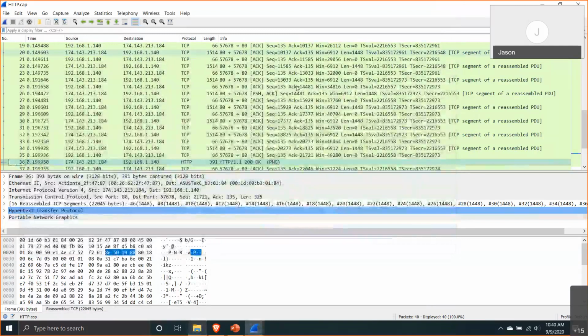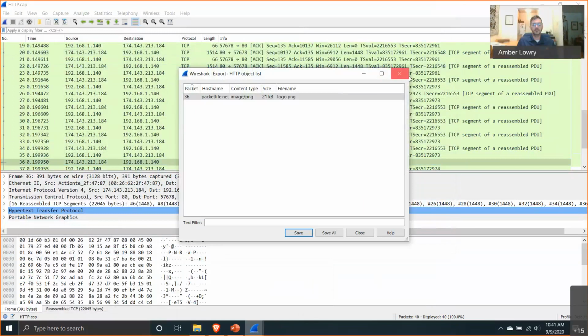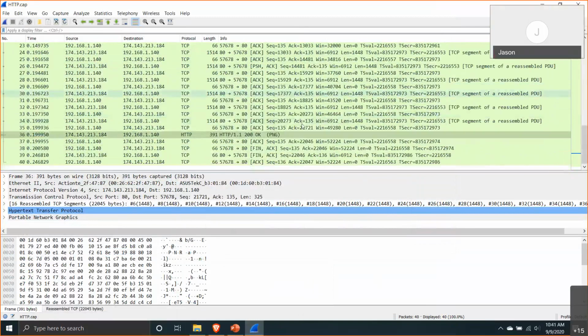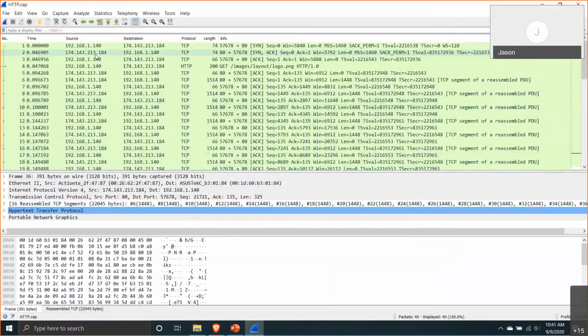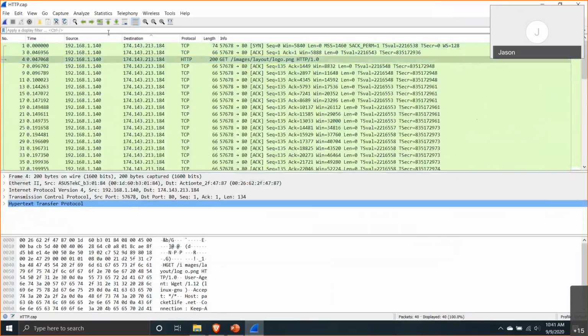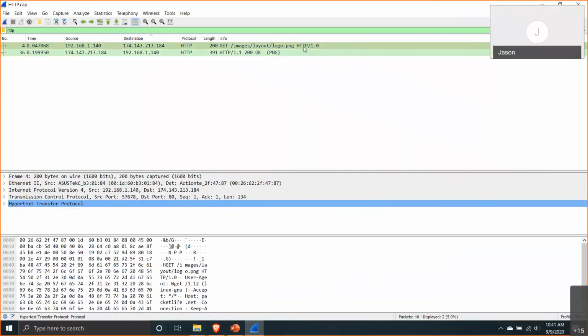All right, so that's Wireshark. And again, it color codes everything, so it makes it easy. This all happens to only be HTTP, so that's why it's all showing up green. But as you saw when I was capturing my network traffic, there were different colors being used, different protocols. So here you see the protocol HTTP, and actually, if I just type in HTTP, it will show me only the HTTP traffic.